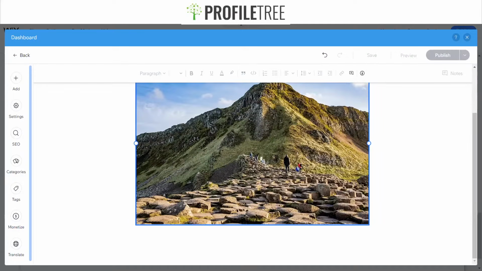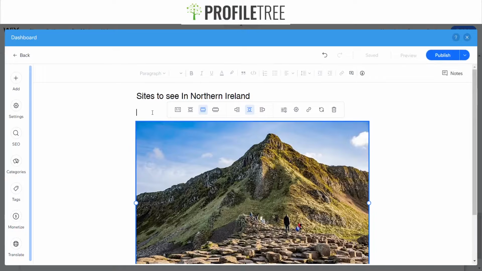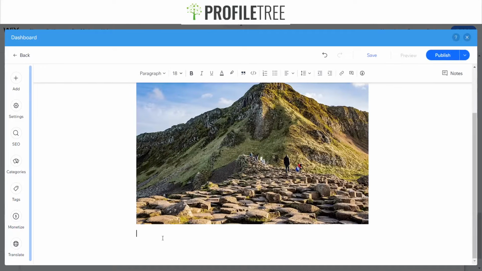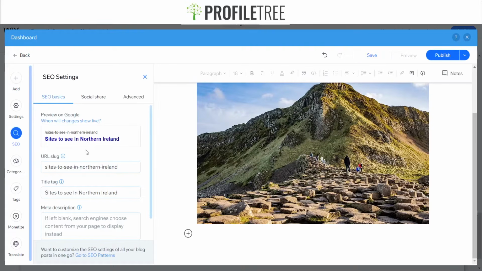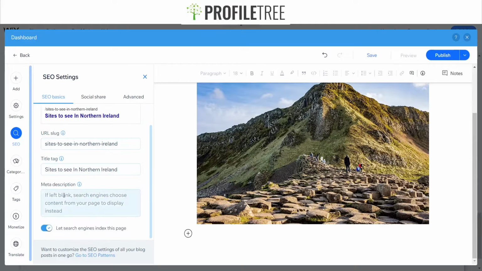Okay, so you can add a tagline. You can design this however you want, you see. And then, as you can see, there's the SEO settings, as I was saying. Obviously, you'll have the URL, and then it'll say sites to see in Northern Ireland. So that's what I was saying to you earlier on. And what's cool is you can have descriptions, as you can see here. And then,